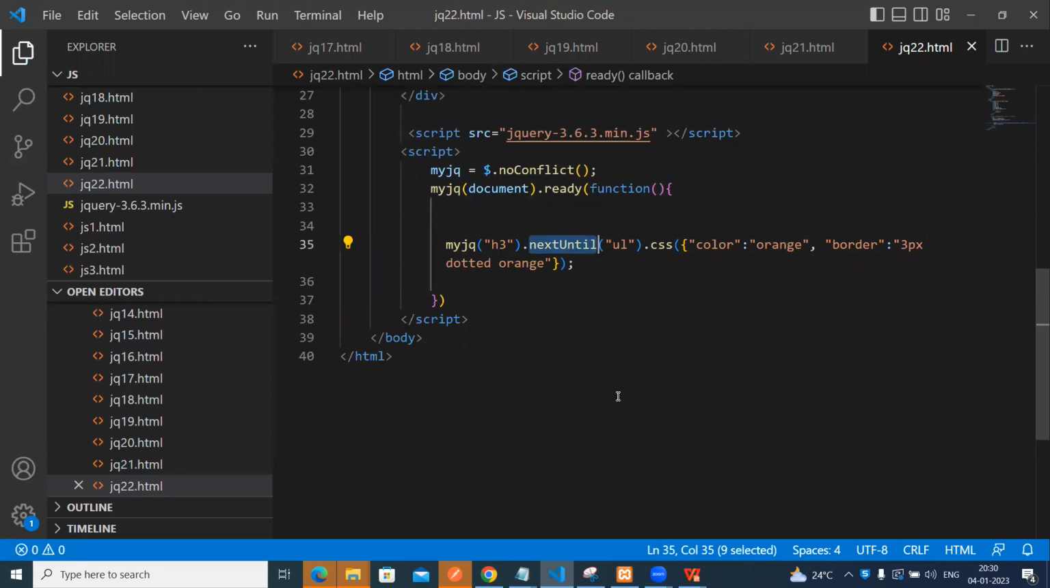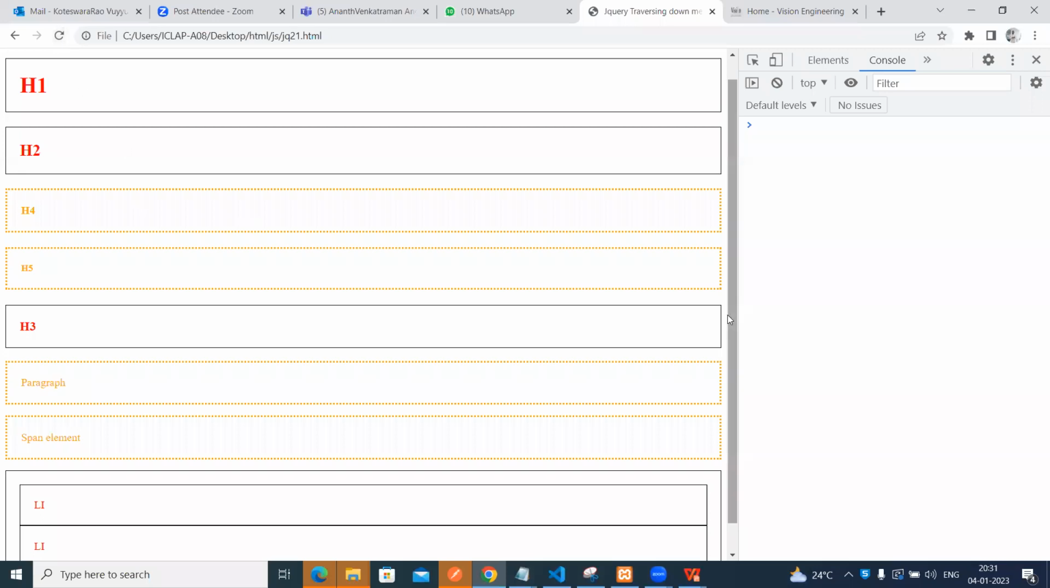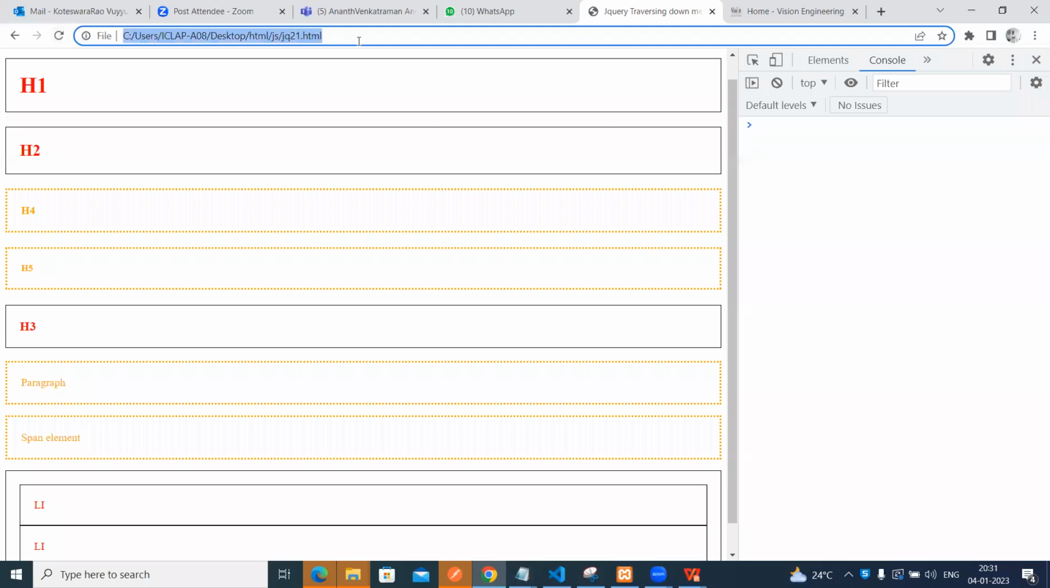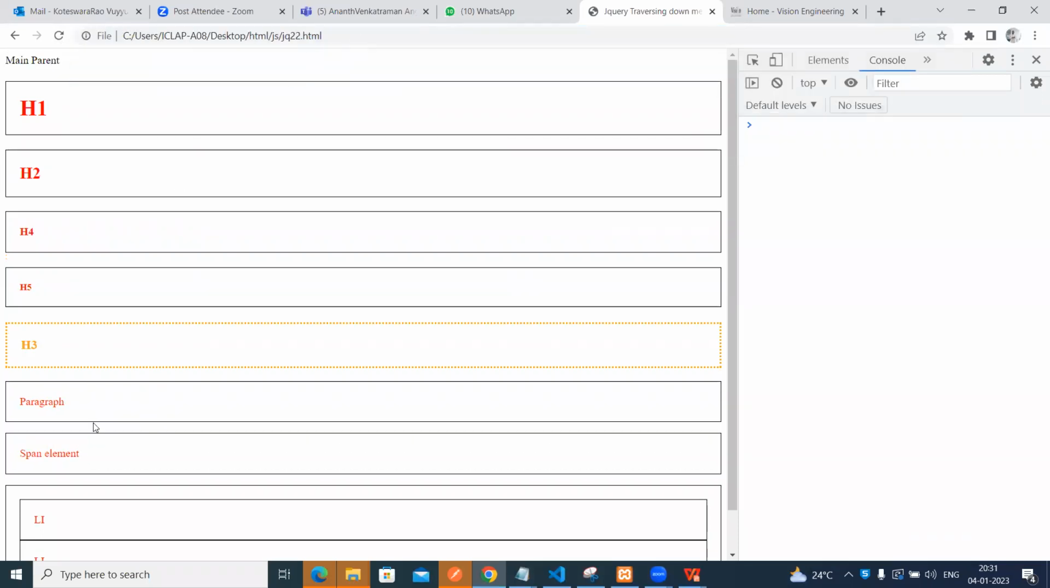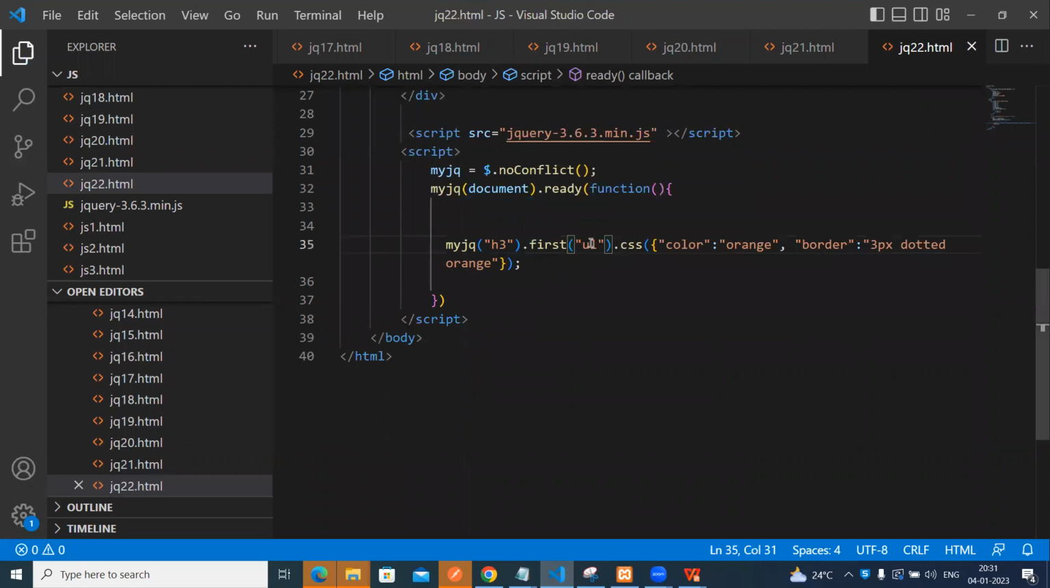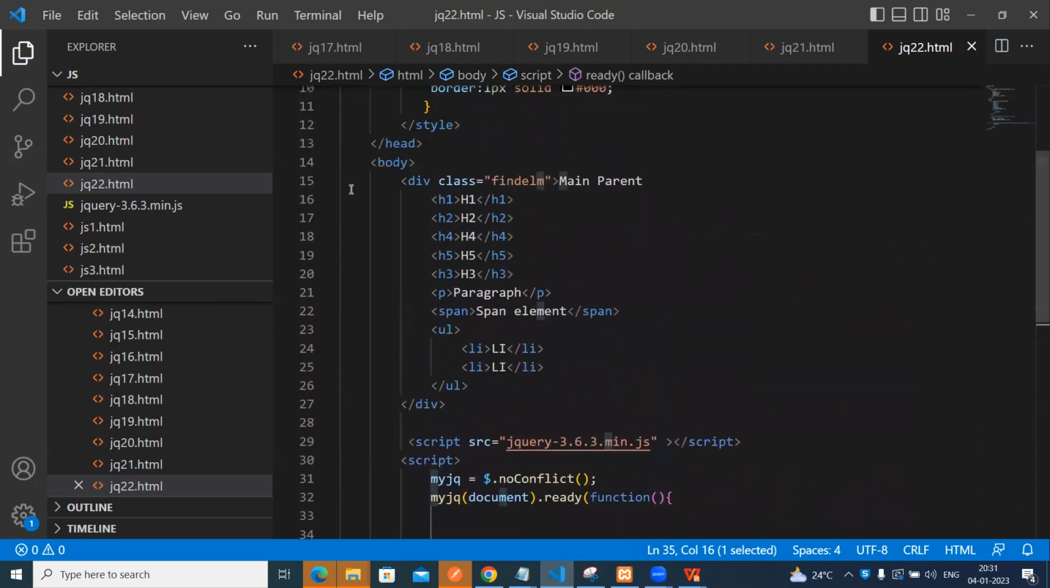h3 dot first. See? We are having only one h3, that's why we are getting this one. We are having only one h3. So that's why. Okay. Suppose you are having multiple h3s,